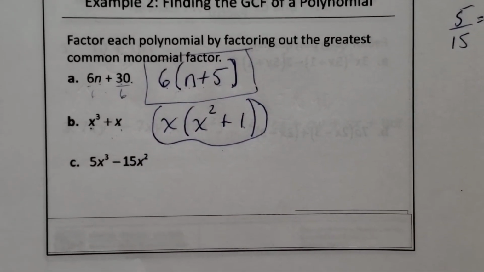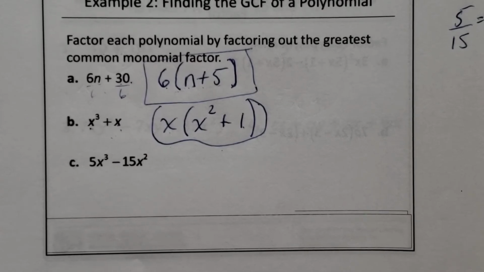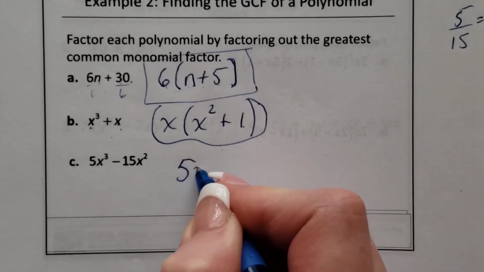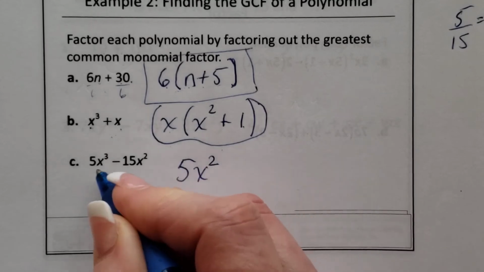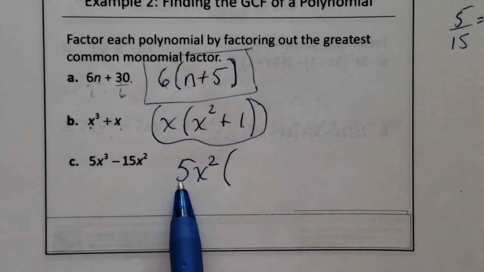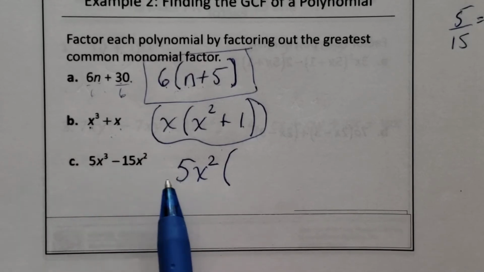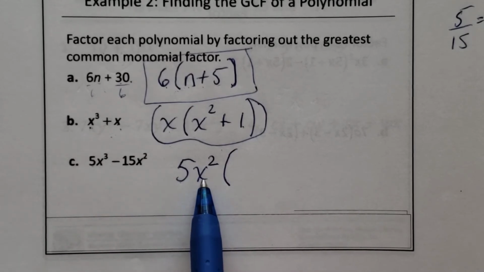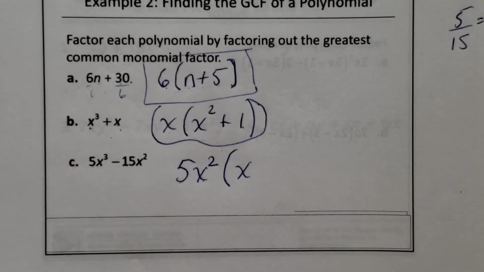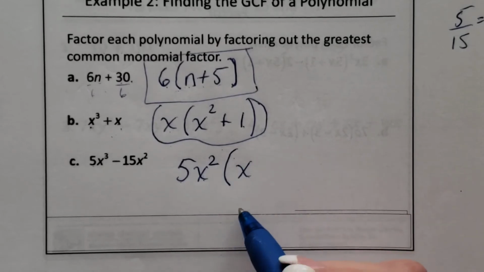All right, let's look at letter C. What can I divide both of those terms by? Well, I could divide 5 and 15 both by 5. And what's the greatest number of x's I could pull out of both of them? Well, the answer is 2 x's. So I'm going to pull out a 5x squared out of both of these terms. So what's 5 divided by 5? 1. What's x to the 3rd divided by x squared? Well, that would be 1x. There's 3 x's. I'm pulling out 2. I have 1x left. And I could write 1 times x, but I don't need to because 1 times x